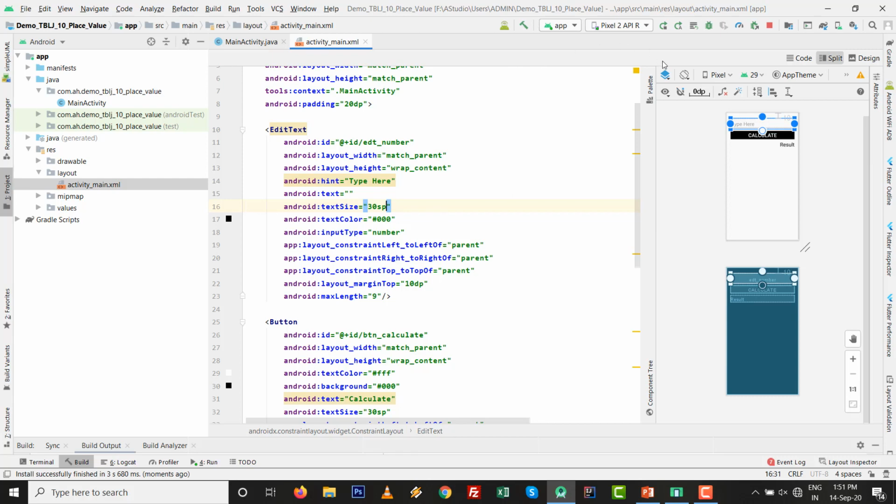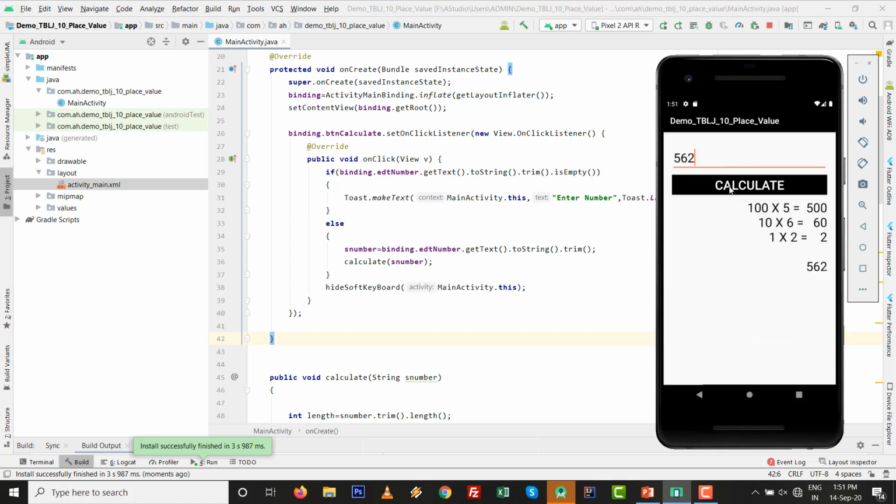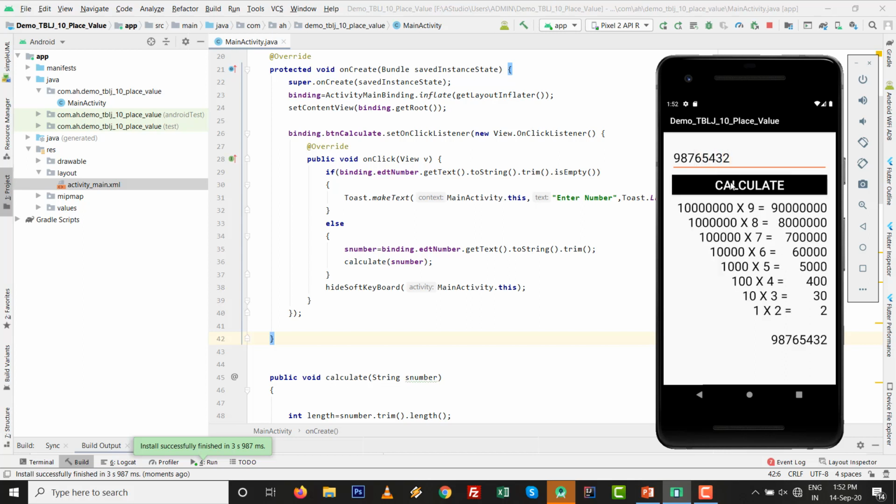Press Shift F10 again, 5 6 2, then go to calculate: 500 into 5, 10 into 6 and 1 into 2. So the place value for the number, a perfect example here, 987-654-32. Just type calculate. So you have seen a very nice example for finding the place value of a given number.